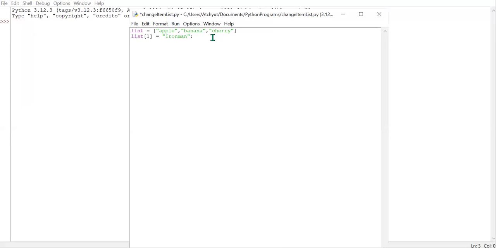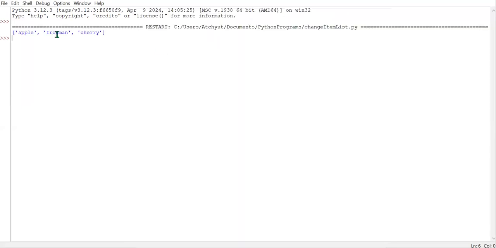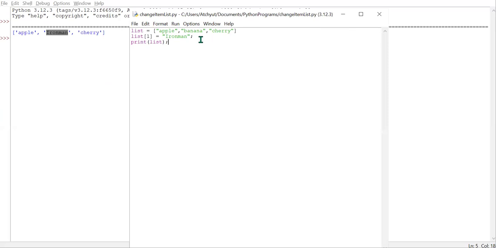So let's print the list. Save it and click on F5. See, instead of banana, we are having Iron Man. So in this way, we can change the values in the list. For example, we have changed only one value. If we want to change multiple values in the list,